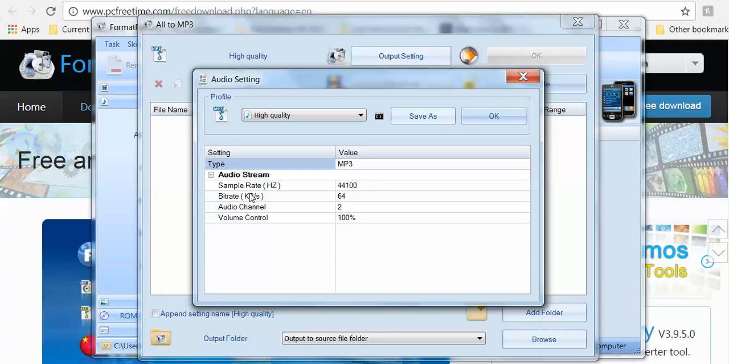The audio sample rate will be 44100. That's pretty standard. The bit rate, 64 kilobytes, is CD quality. That is good enough on the audio quality, because again, when you stream at a high bit rate, then some people won't